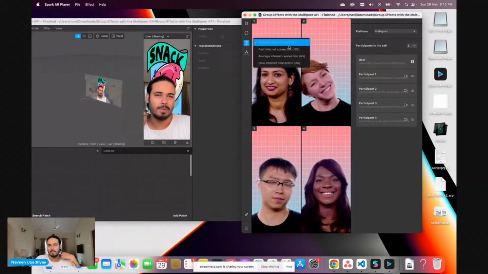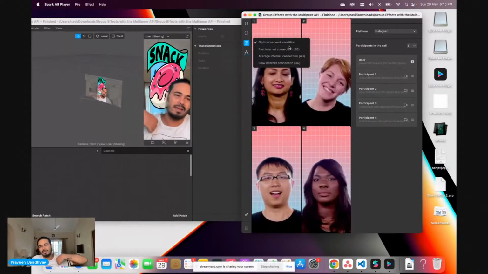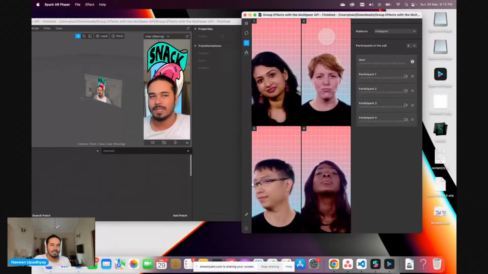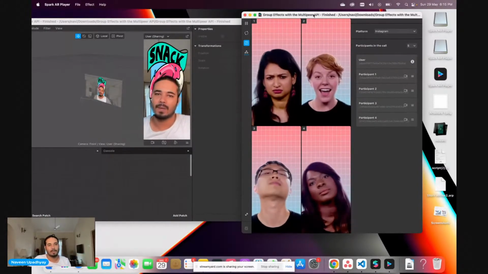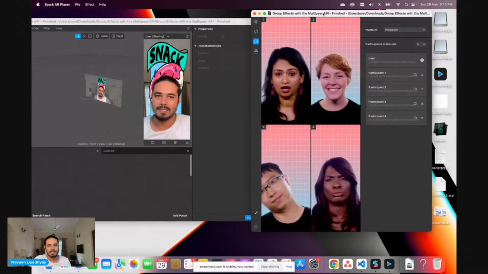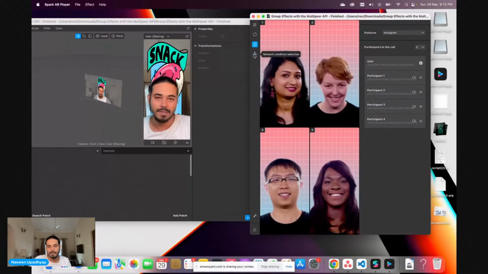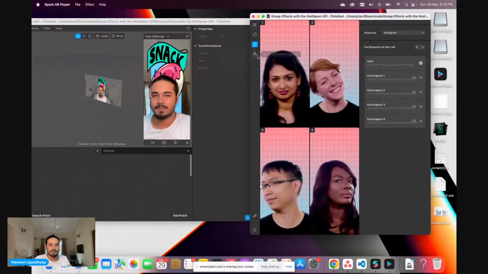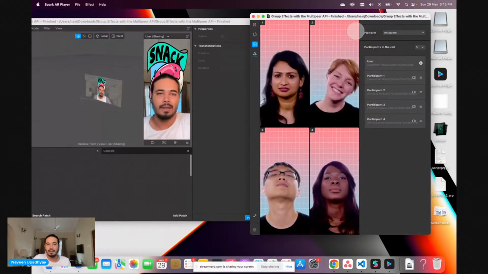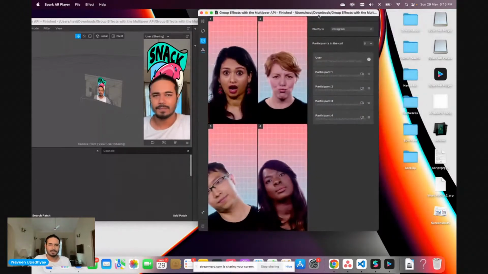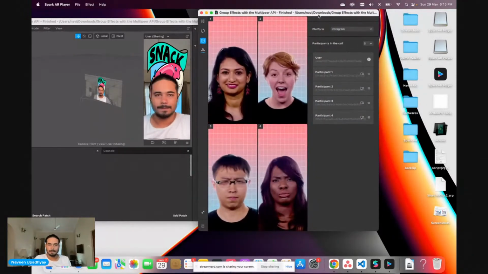You can just choose optimal network connection, which is also okay. It doesn't really matter so much, but still, if you want to test with different internet speeds, it's a good option given by Spark, so that we can change our filters accordingly.